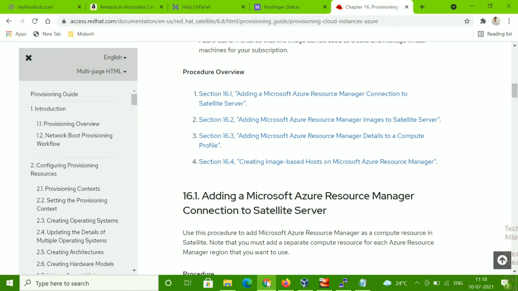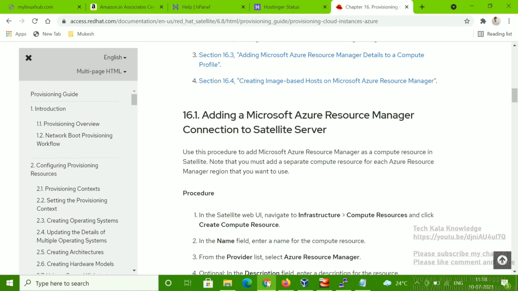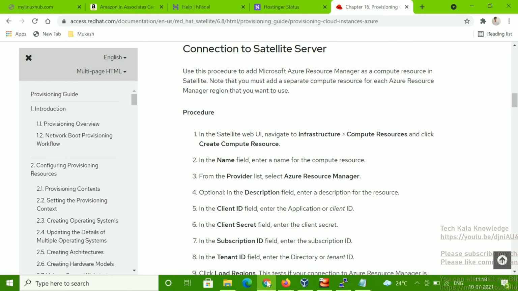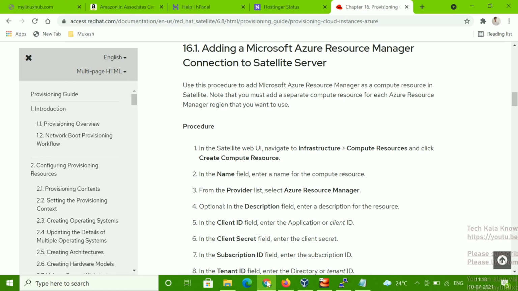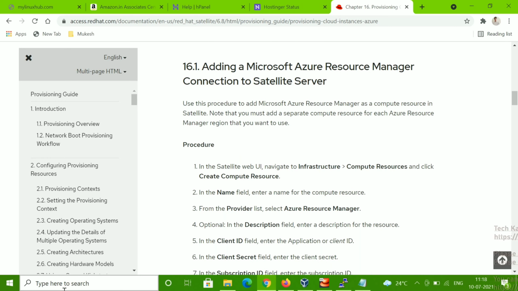First you have to log into your Satellite GUI console. Then you have to add Microsoft Azure Resource Manager on your Satellite portal.